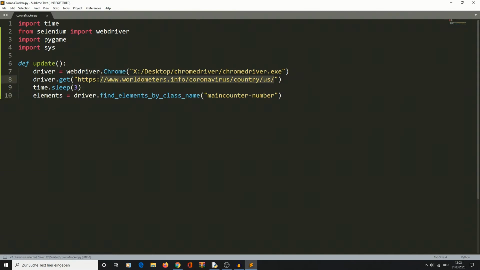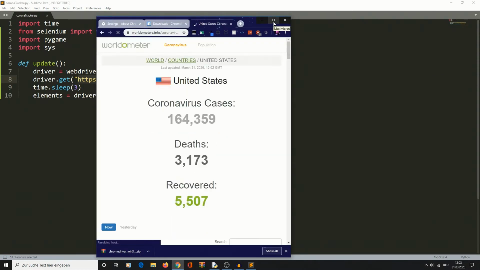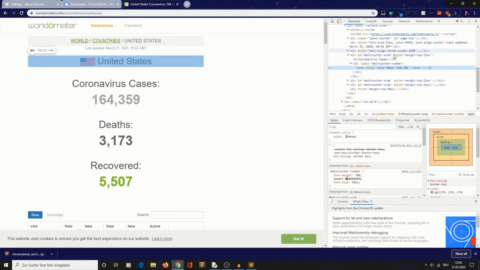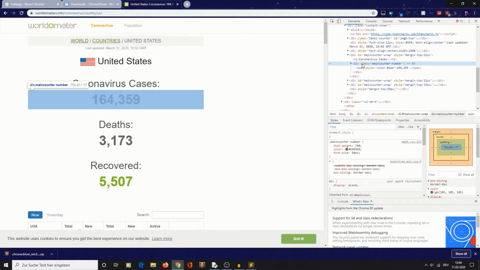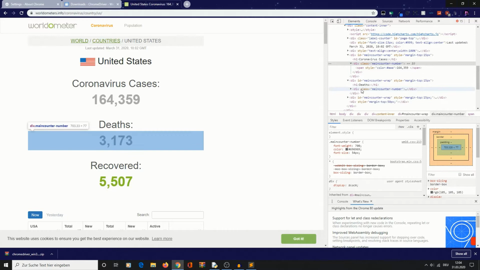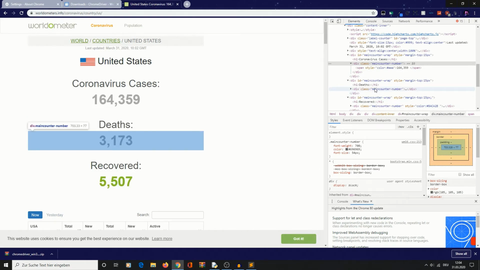I will return to the website for a moment in order that I can explain you why we select exactly these elements. So if we click right here and inspect this data, then we see that we have a div right here and a div right here and a div right here, which all have in common the class main-counter-number. And for now we select these elements,